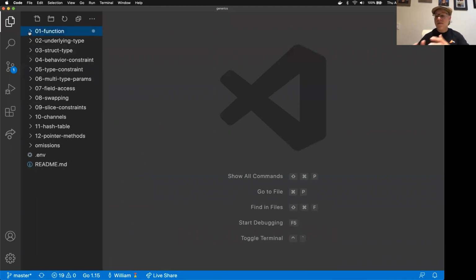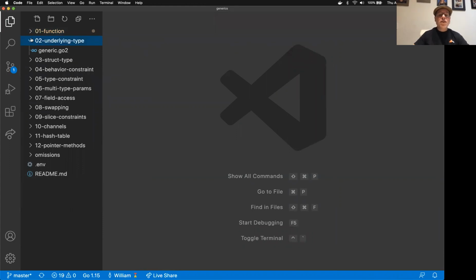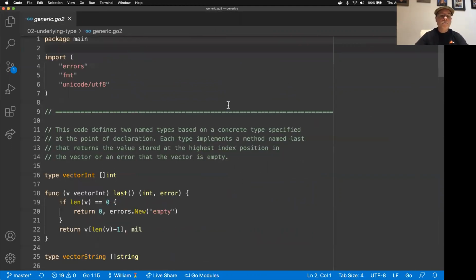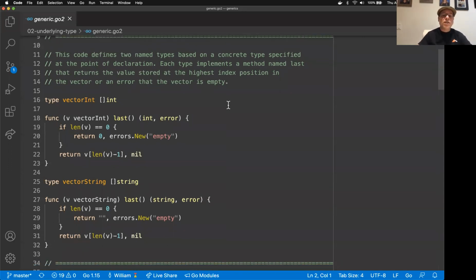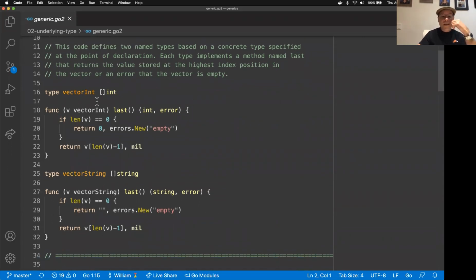And generics are going to fall into that as well. So let's start by looking at some user-defined types right now that are based on an underlying type. All right. And let's go through the same progression because I think it really helps. So on line 16, I'm defining a type called vector int, which is based on this underlying type, which is